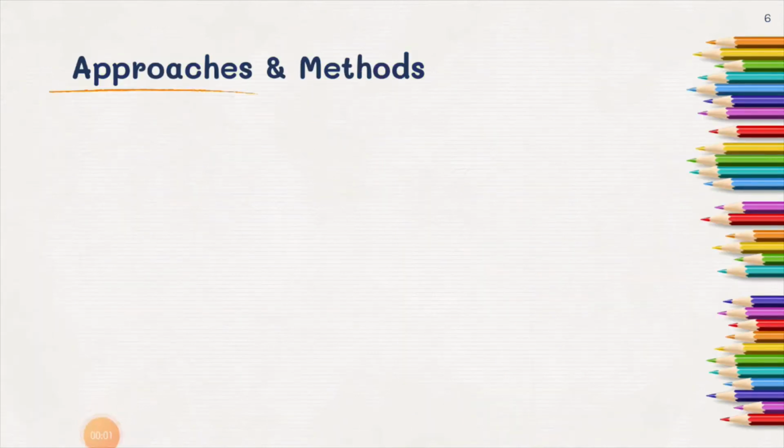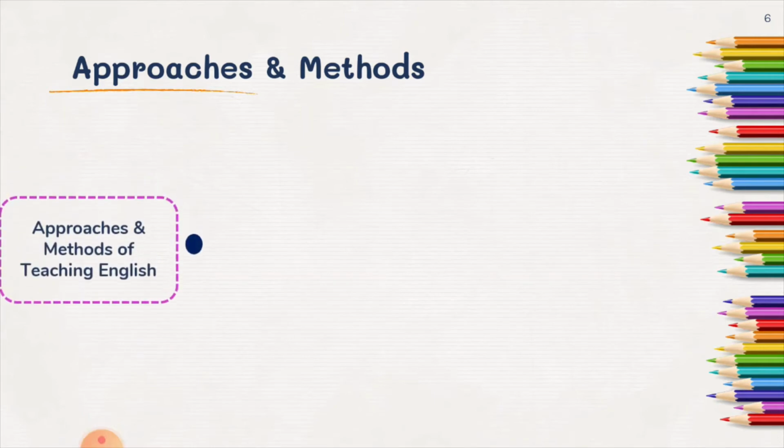Now let us learn about the approaches and methods of teaching English. Among the approaches, the first one is the structural approach. The structural approach focuses on learning the target language, that is English, on the basis of selected and graded structures. Here structures are various types of sentence patterns, idioms, and formulae of the English language, and certainly vocabulary is a significant part of learning English through the structural approach.